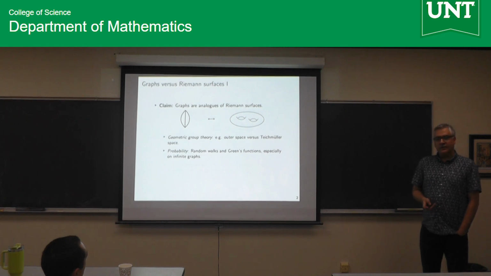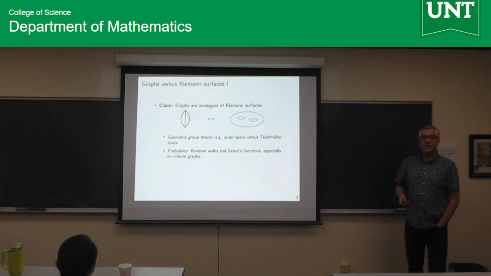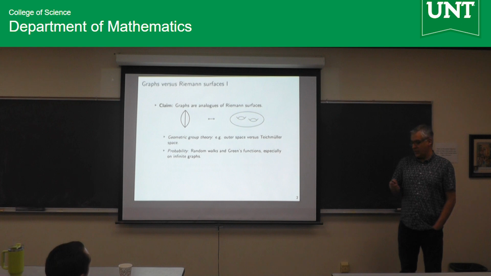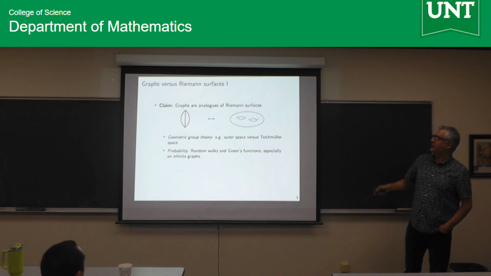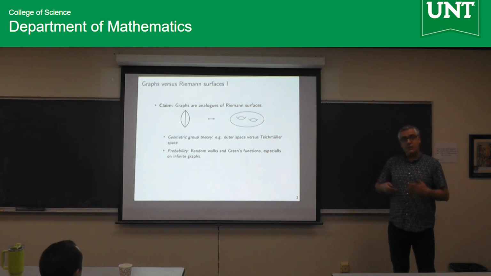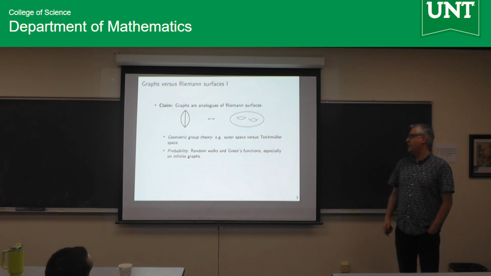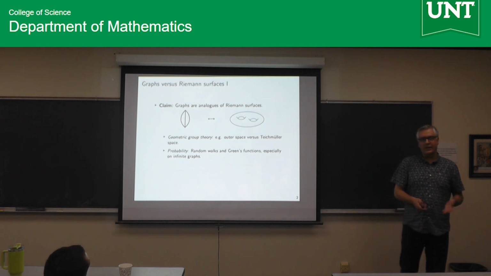More down to earth, in probability theory, and especially the theory of random walks, people would like to know certain Green's functions, and sometimes they're very difficult to compute. But what they actually do is pretend these lines are tubes, so they thicken it a little bit. And in fact, if you do that, you immediately see that this and this are really the same pictures, if you put tubes here instead of lines. And then you get some idea, because complex geometry and complex techniques are very powerful, and people have studied them for a long time. You get some idea what the Green's function should be, and in some cases you take that idea and then you actually do it by hand.